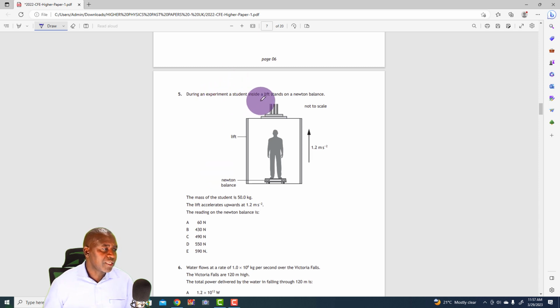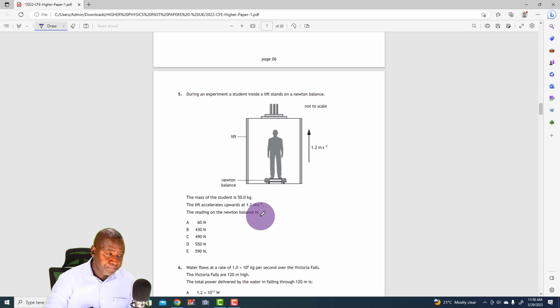During an experiment, a student inside a lift stands on a Newton balance, and the mass of the student is 50 kilograms. The lift accelerates upwards at 1.2 meters per second squared, and we have to calculate the reading on the Newton balance. Now, for us to do that, we must realize that the type of force that the balance reads is called